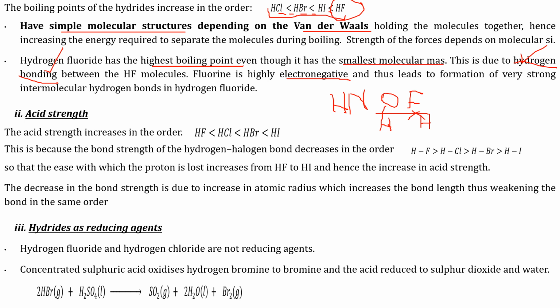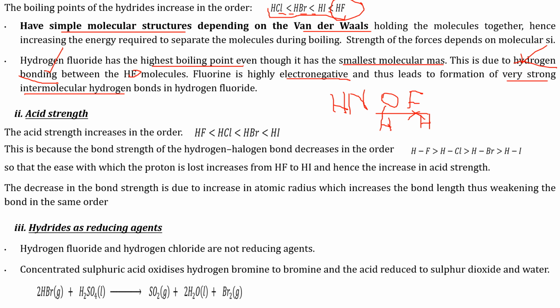Being highly electronegative is because it has the smallest atomic radius among the other atoms in those hydrides. And that's why it forms very strong intermolecular hydrogen bonds. The smallest atomic radius of the fluorine atom, together with the hydrogen bonding that I've explained. The types of hydrogen bonds are found with three elements, and those elements are highlighted